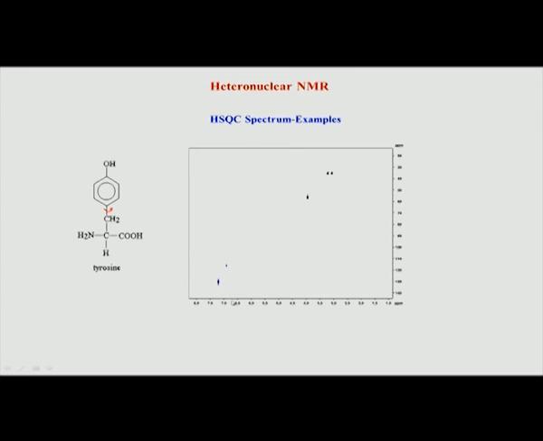And then the aromatic portion: remember we saw in the proton NMR it comes around 7 to 7.5, and the carbon comes around 120, and that is what we are seeing here in this portion of the spectrum. So, it is now very easy to assign which is which. This CH is this peak because of this downfield shift. The CH2s are these two protons, and then the aromatic one is upfield shifted, and the second one, which is downfield shifted, is this because of its closeness to this hydroxyl group. So, we expect two equivalents, one pair here, another pair here, and that is what is shown here.